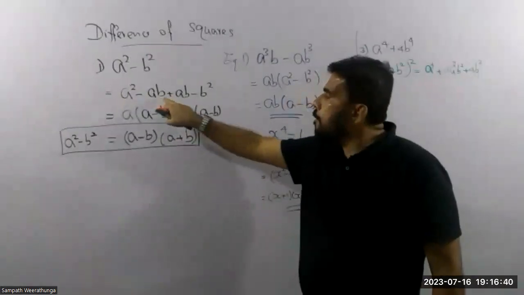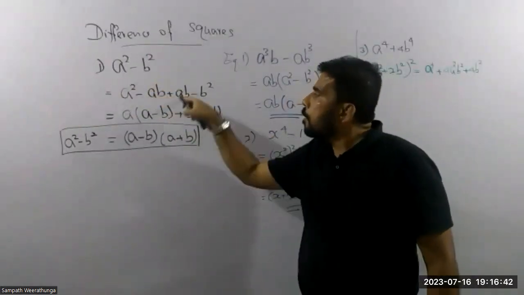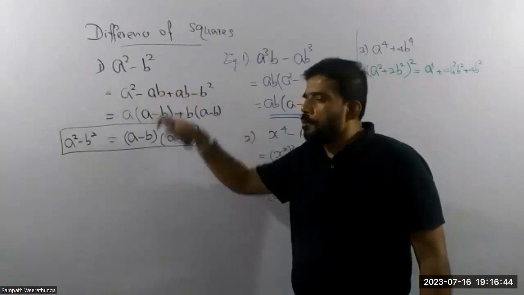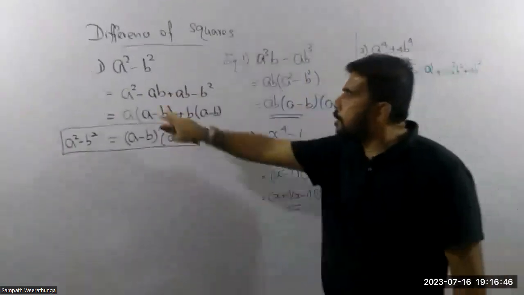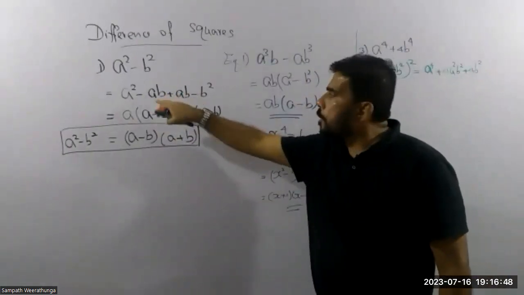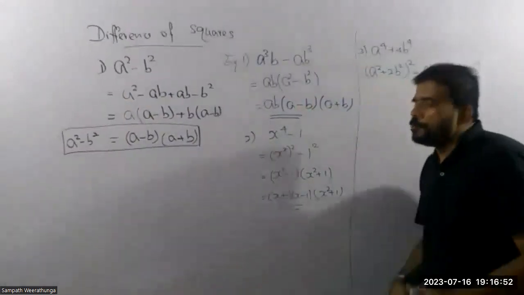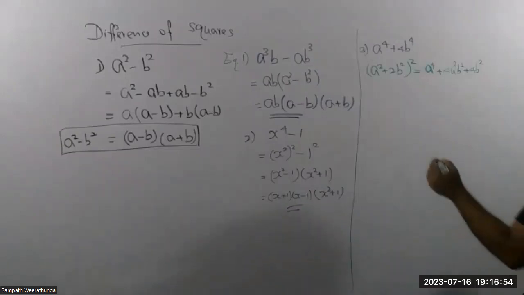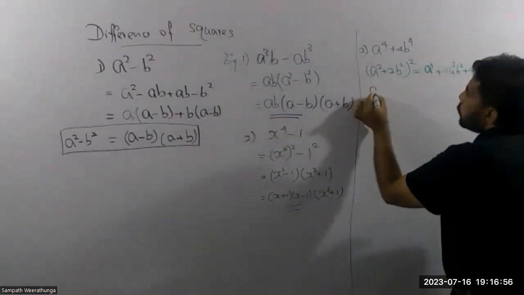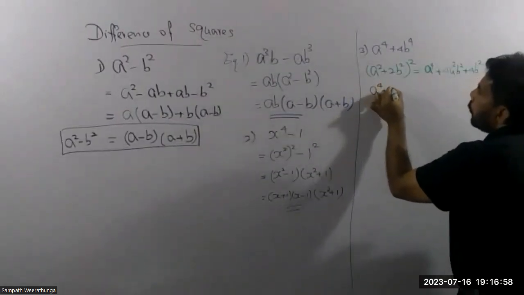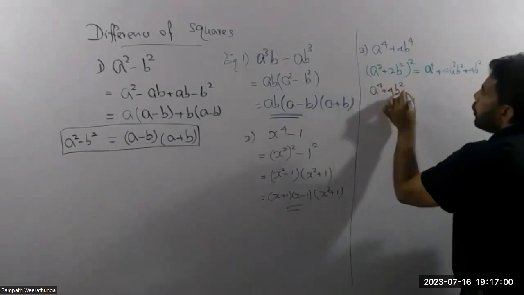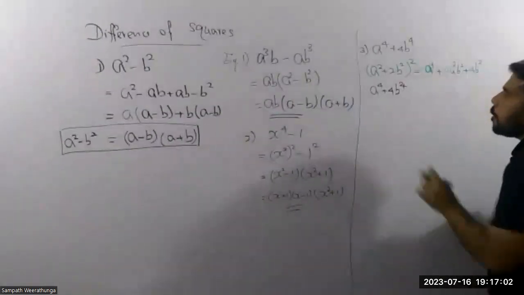Why? Because this is nullifying my whole value of the equation, in the sense that this nullifies this one, so the whole value of the equation still remains the same. In the same way, I'm writing 4 plus 4b square again, 4 again. Why? Because here I need